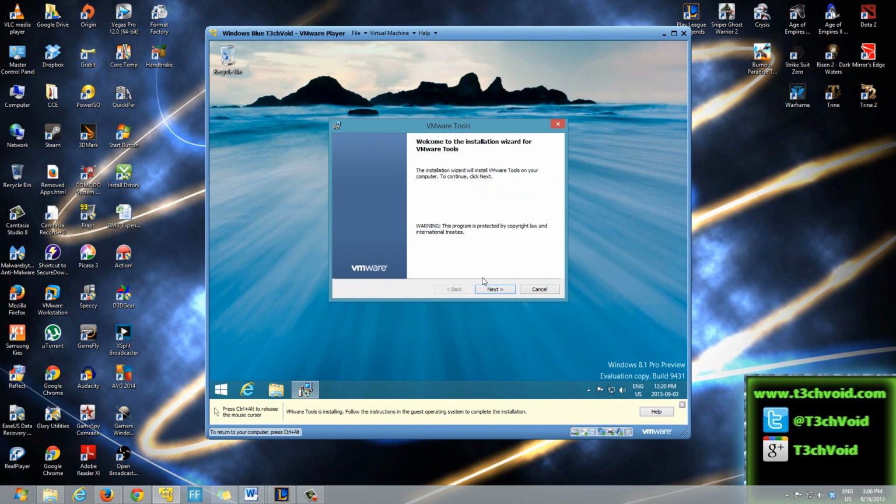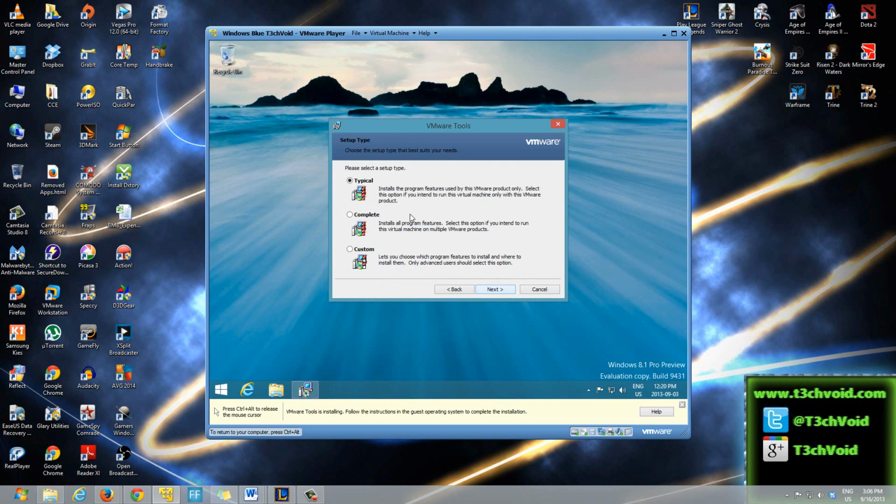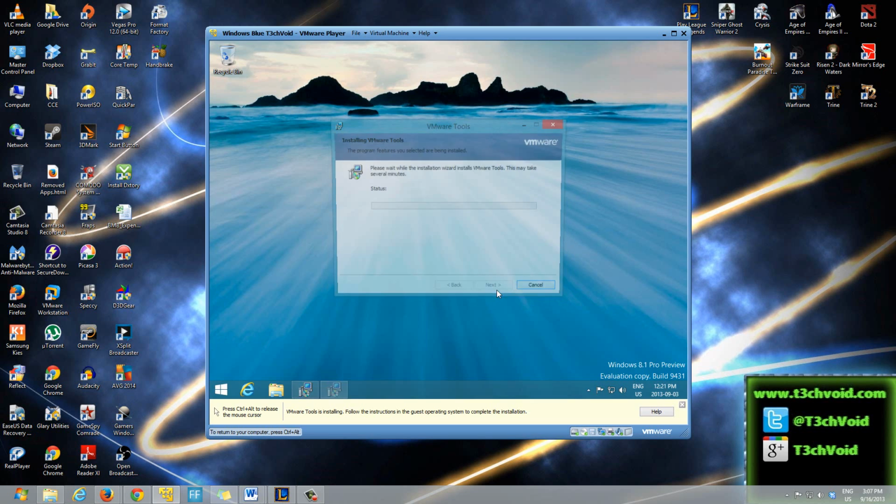Okay, now the prompt comes up. You can just hit next. You can select whichever one you want, typical or complete. The complete one is much more advanced; here it says select this option if you intend to run this virtual machine on multiple VMware products. For us, I'm just going to run this virtual machine on VMware Player itself, no other products like VMware Workstation or anything like that. So I'm just going to hit typical, go next and hit install,